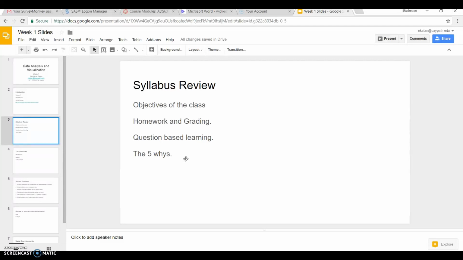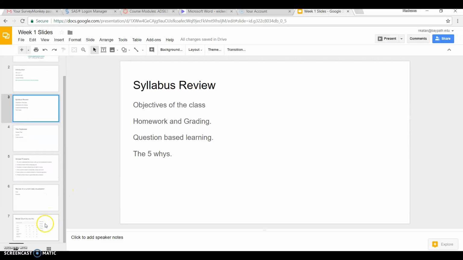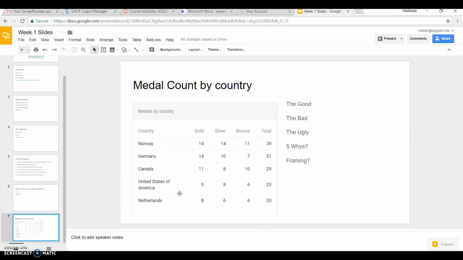And so let me actually skip now to this data presentation. I'll explain it here. I grabbed, just because the Olympics just finished, the medal count by country. And this was what Google posted. So we have the number of gold, silver, bronze in total by country. So the first why I would ask is,